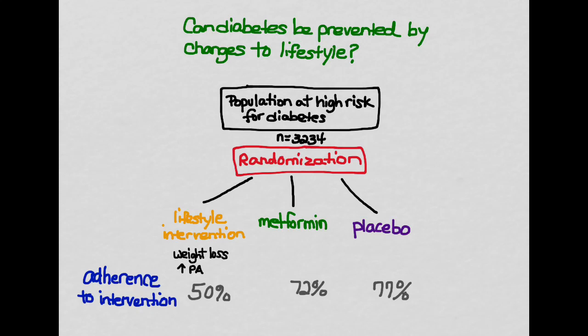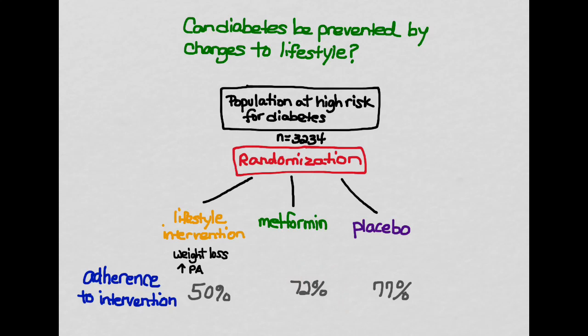So, for example, in this particular study, the researchers calculated the number of people who actually achieved, let's just talk about the lifestyle intervention, the 7% weight loss and the 150 minutes of moderate level physical activity a week, and that was 50%. So 50% did not achieve the intervention goals, even though they were randomized to this arm. Now, of course, that's not really unusual. But the point is that the study is looking at this intervention, and if people actually didn't engage in the intervention, then you might think, well, then they shouldn't be analyzed because it's not a true test of the study.